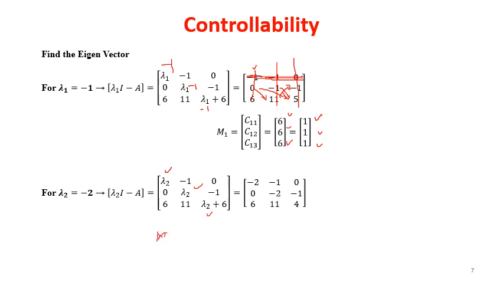For finding out M2, what are we going to use? We are going to use again this one. So we are going to eliminate this particular column and this row, and minus 2 multiplied by 4, it will be minus 8 and minus of minus 11. So it will be minus 8 plus 11, that will be equal to 3. So that will be the first value of C21, that is 3 we got.